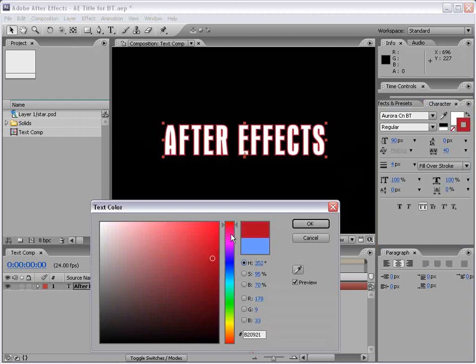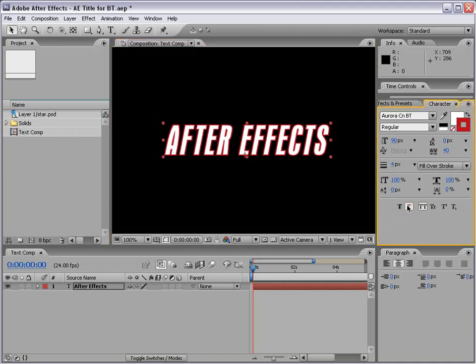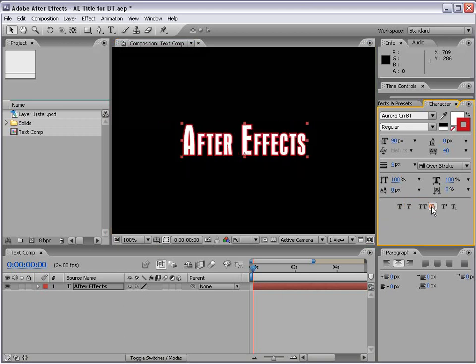Now in CS3, you'll notice that the color picker updates in the viewport in real time. So that's a nice feature right there. Okay, so you can see that a little bit better there. And there are also some other options here to stretch the text, etc. Now below here, you're probably familiar with a lot of these from Photoshop. We have Faux Bold, Faux Italics, and Forced Capitalization, and then we have